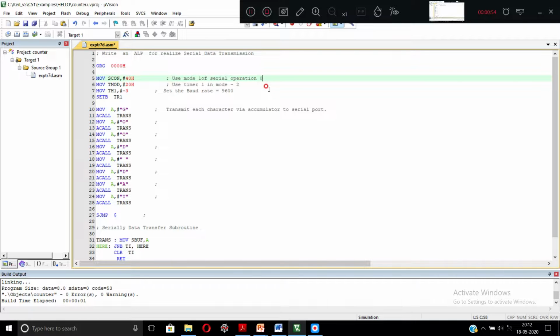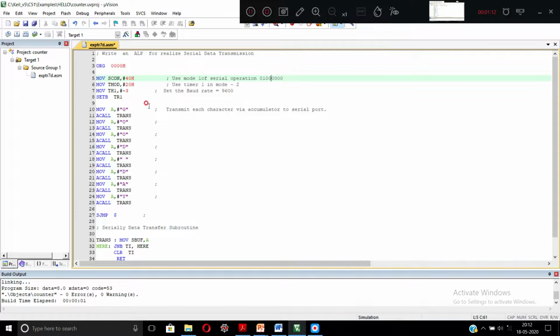Its bit value is 0100 0000. It indicates SCON is configured for a transmission operation.